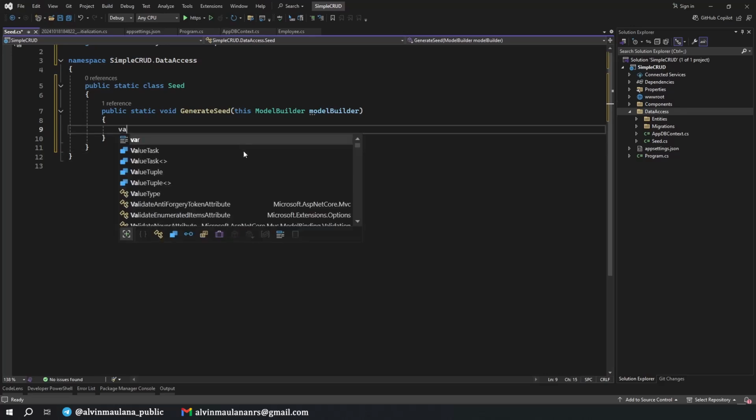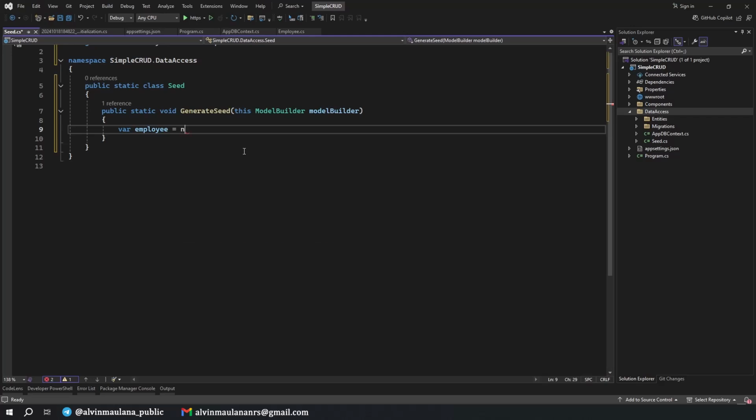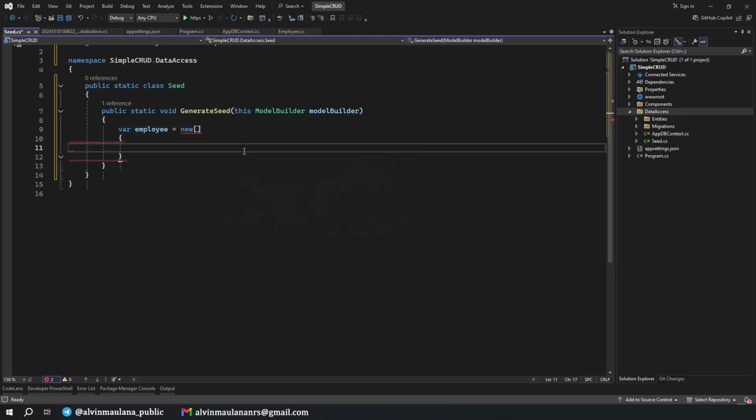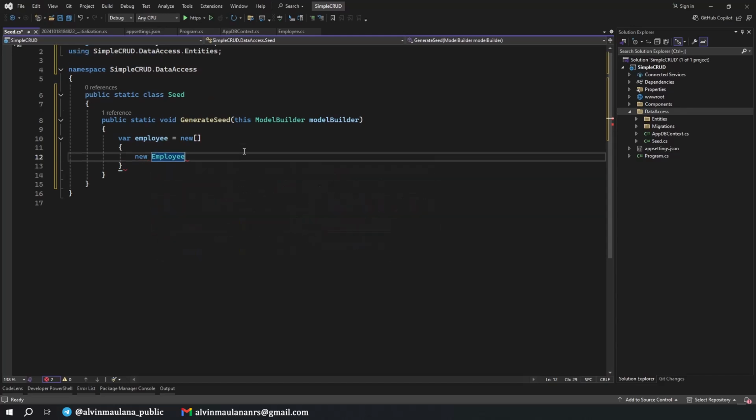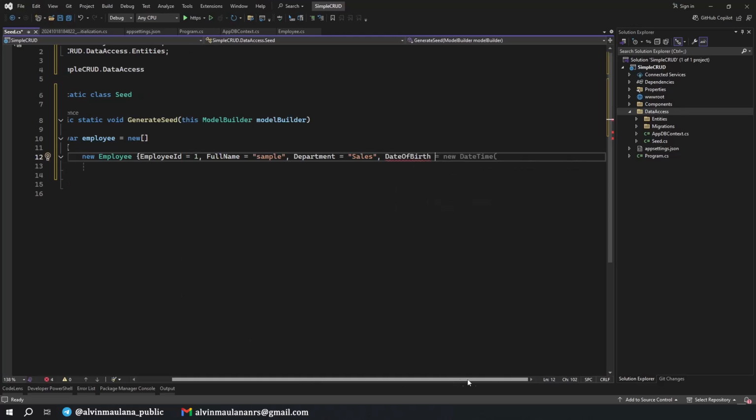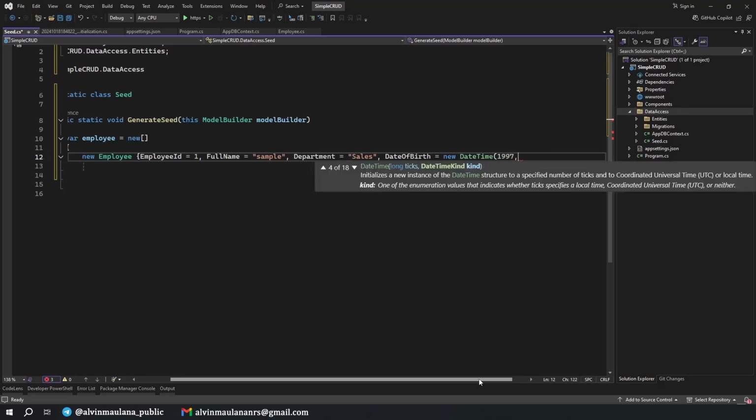We will have a var employee as a new array and then we will have new Employee, okay, and then Id equals 1, the full name is Sample, and then department, for example Sales, and then date of birth we need a new DateTime, for example 2007, 06.